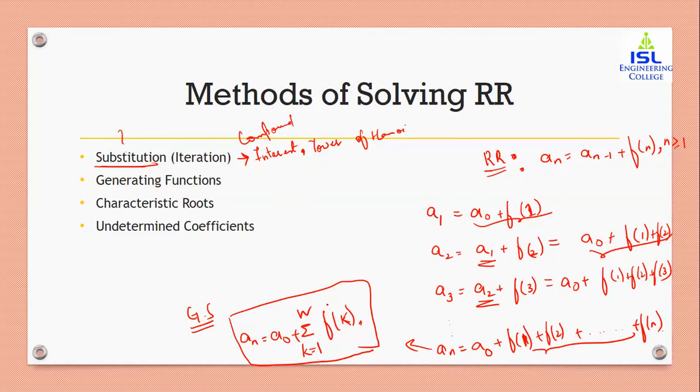Similarly, in the Tower of Hanoi problem also, if you remember, we kept on substituting, increasing the disks in the Tower of Hanoi, and tried to get a general solution. Now, apart from that, the next is by using generating functions. For generating functions, I will directly take an example because I have created a few lectures on generating functions. So directly, we will solve the recurrence relation using generating functions.